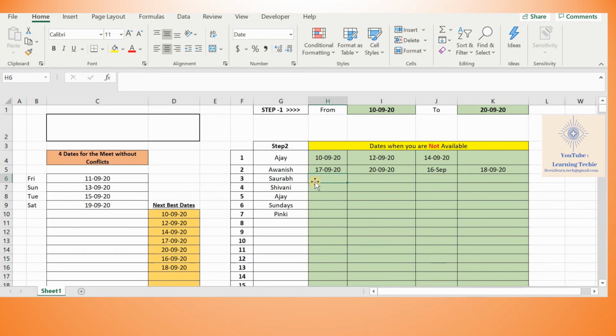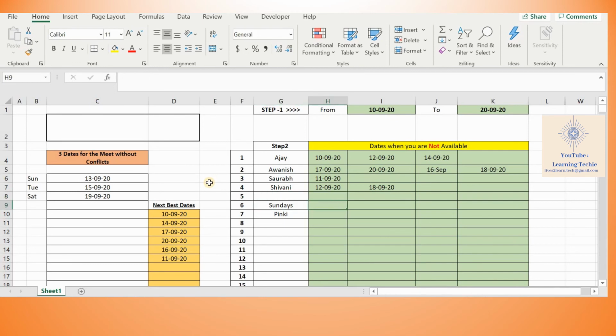Now Mr. Saurav, he cannot come on 11 September. See, as I type 11 September, this will go away from here. When I press 11 September, see, this is gone. Miss Shivani cannot come on 12 September, cannot come on 18 September. Ajay, not required.